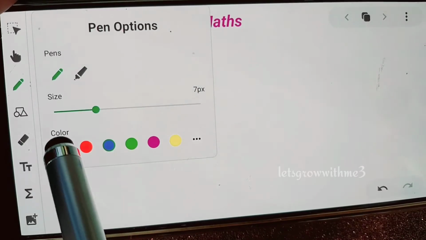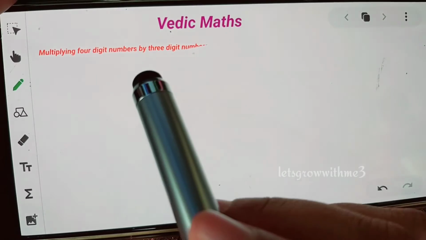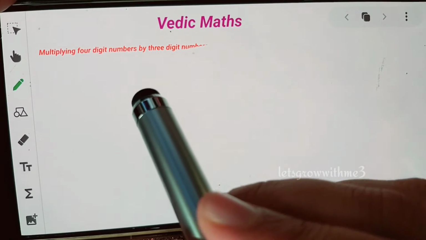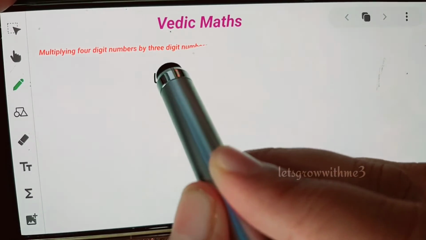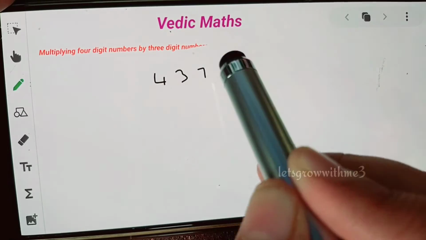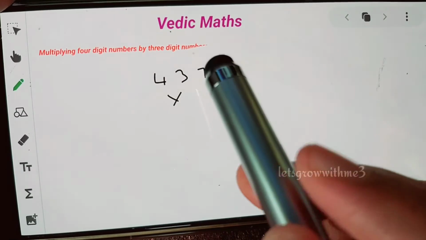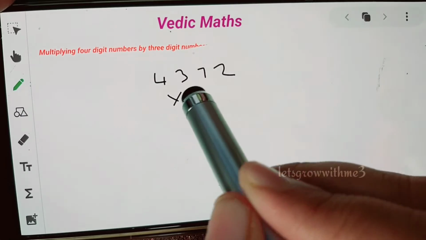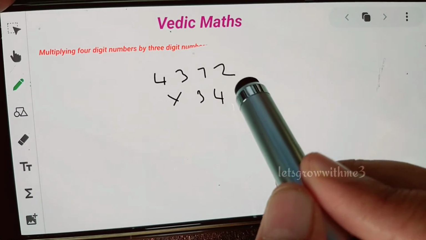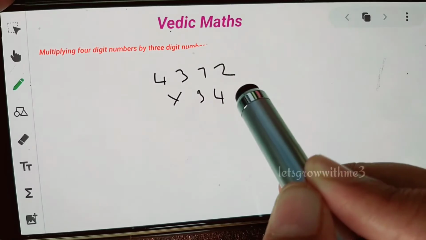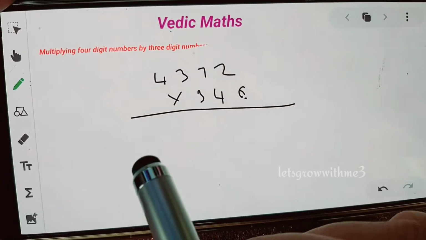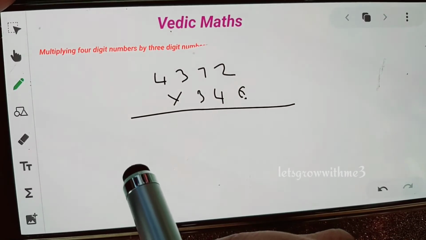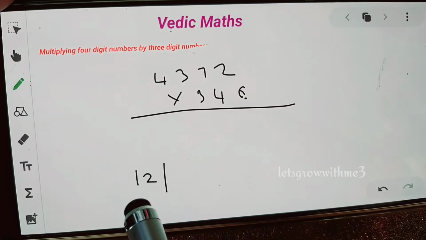So our first question, I need to consider a 4 digit by 3 digit multiplication. Okay, so 4372 times the multiplier, which must be 3 digit, right? 346. Yeah, so what we need to do, the leftmost and rightmost are very easy, just a straight